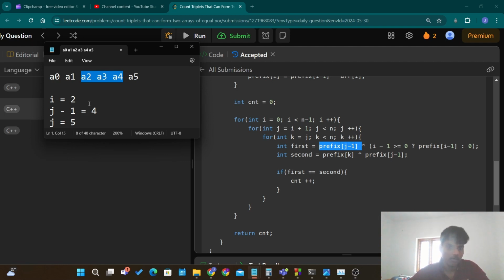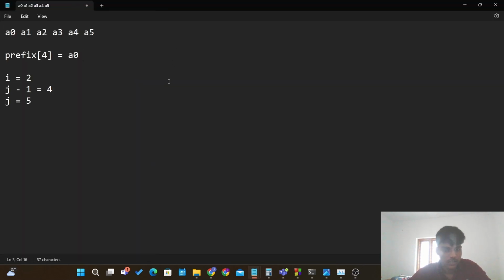Using this particular prefix array, we can find the prefix array till 4, and we can find the prefix array till 1. Why are we doing that? Okay, I'll show you. What do we mean by the prefix array till 4? The prefix array till 4 will include A0 XOR A1 XOR A2 XOR A3 XOR A4, and the prefix array till 1,